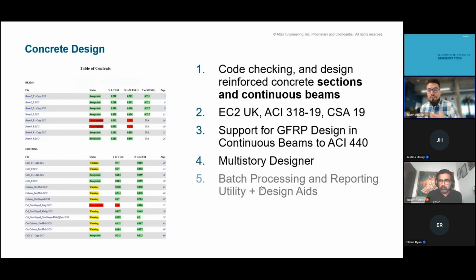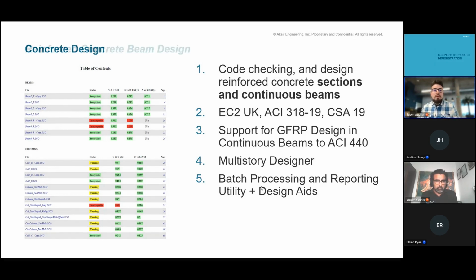And within this batch processing, all of those elements that are processed and code checked can be easily reported. So you have a summary of each one of the elements, which you can later check individually. So this really accelerates the process of designing concrete elements while maintaining a very high level of accuracy, precision, and of course,